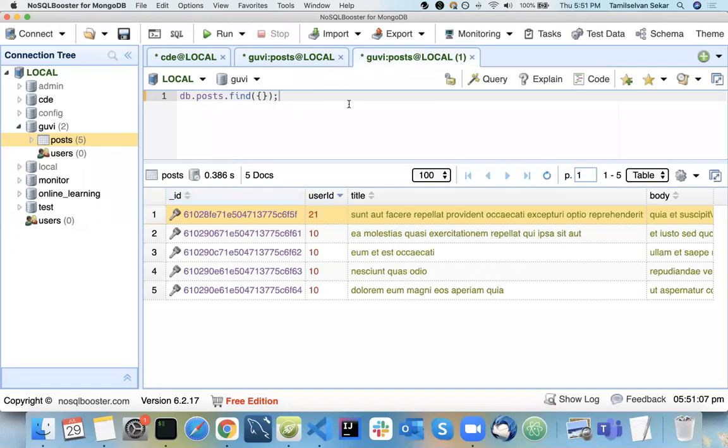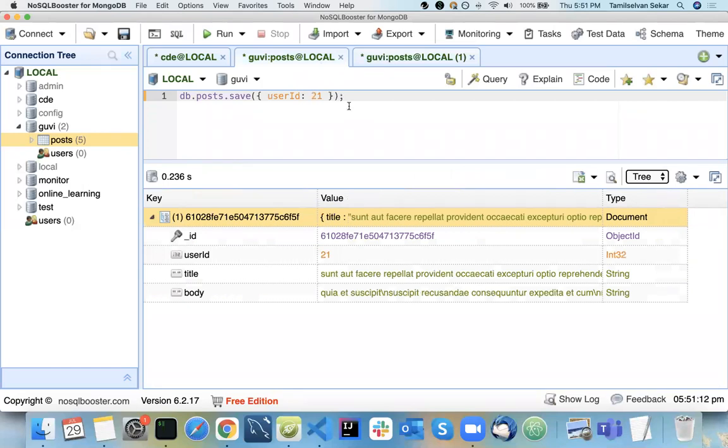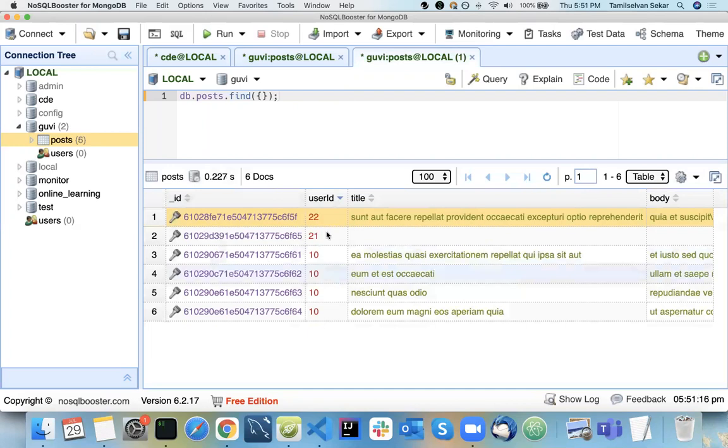Now user ID equal to 21, right? If I do this, see, it is inserted. It will record a new record with user ID 1 and title is empty here. It doesn't have a property called title. Same way, if you want to update, I'm going to take this as a where condition now.